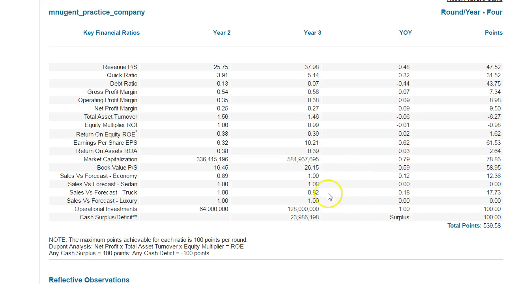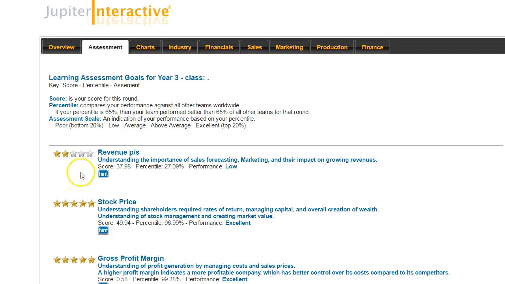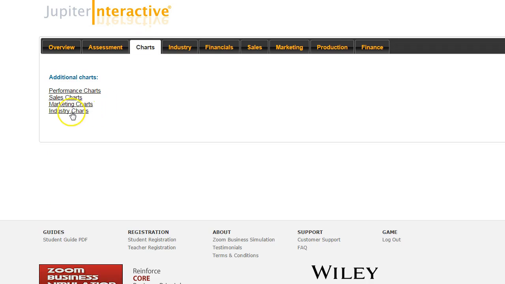My market cap went up. So my forecasting was good except for truck. I didn't forecast well for trucks, so I lost some points there. But I forecasted well in my other cars, so I'm very happy with that. And if I check my assessment, my revenues are still low. And if I look at my performance charts, I see that